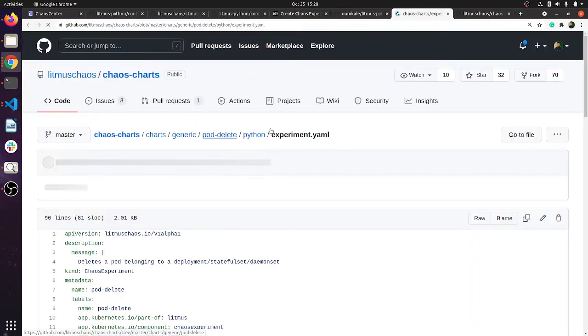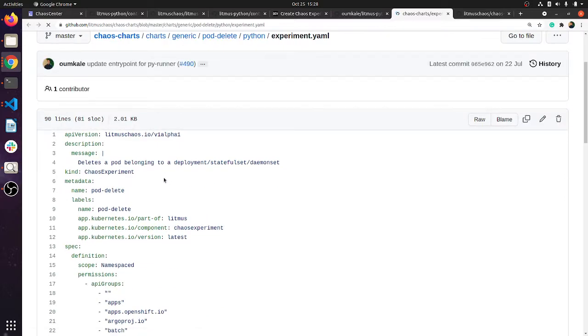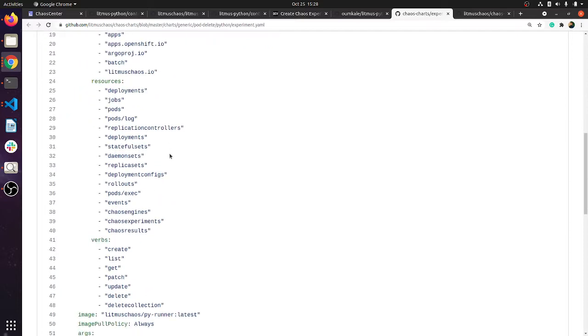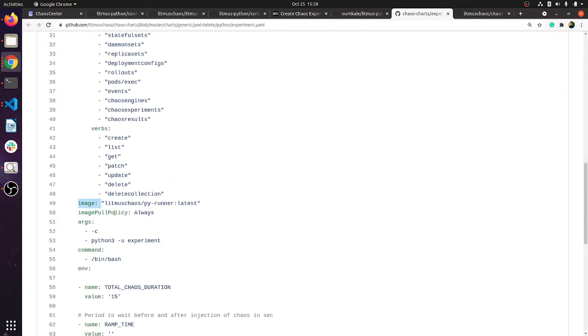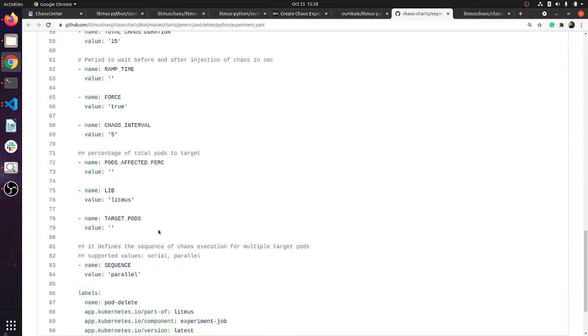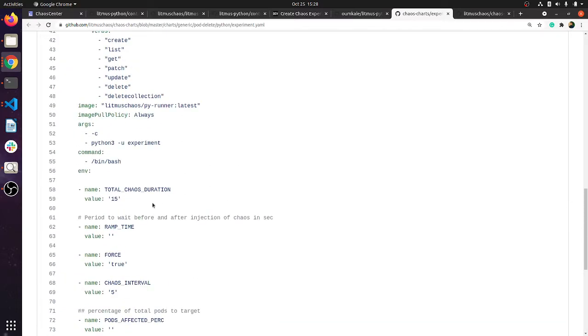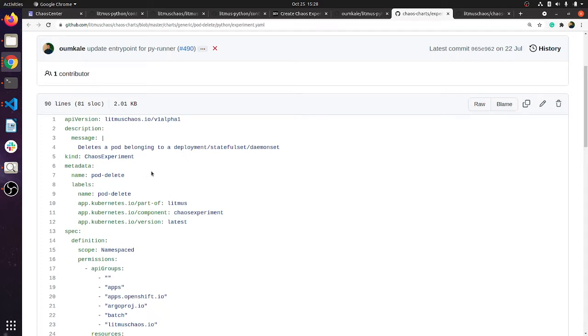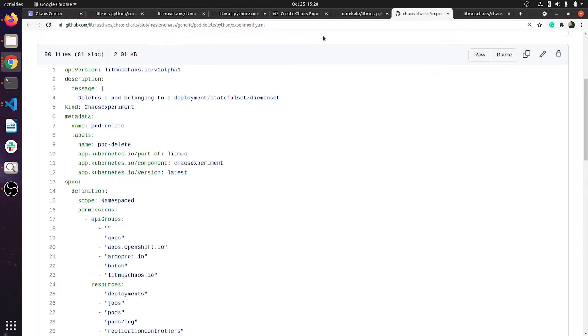This is the experiment example for the Python repo. We have also defined the image, image pull policy, commands and arguments. So this is the example experiment. We also have the permissions and parameters presented. This is the best thing to use as a reference for the experiment.